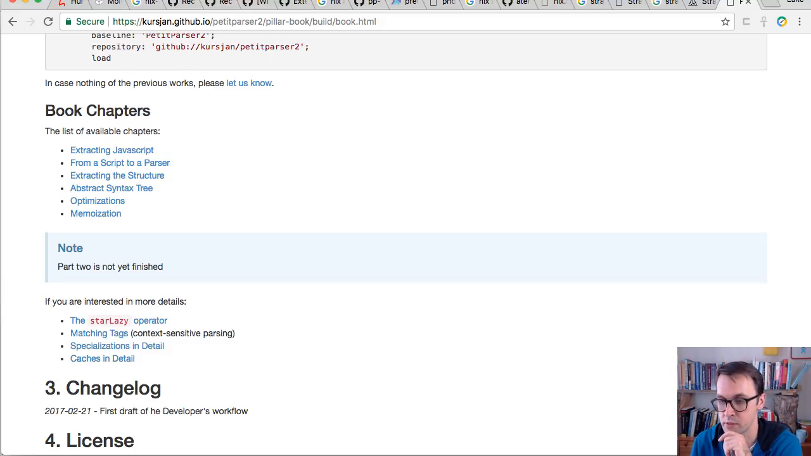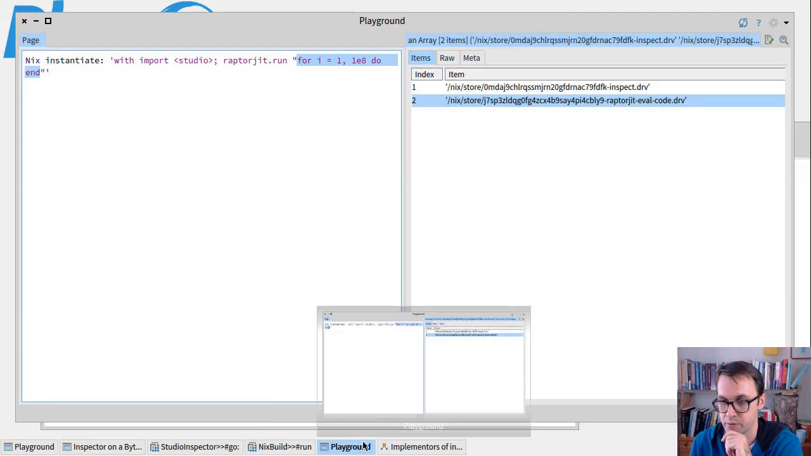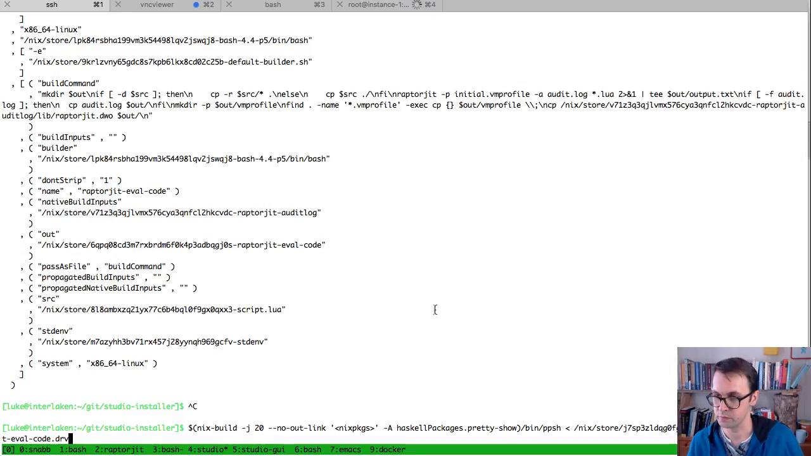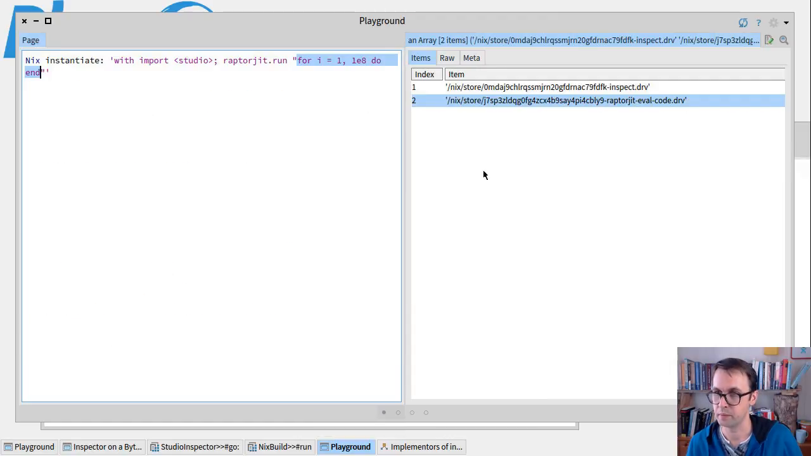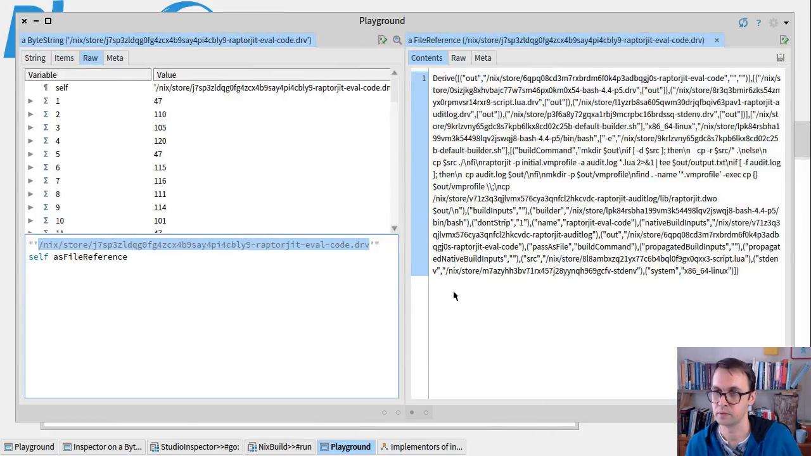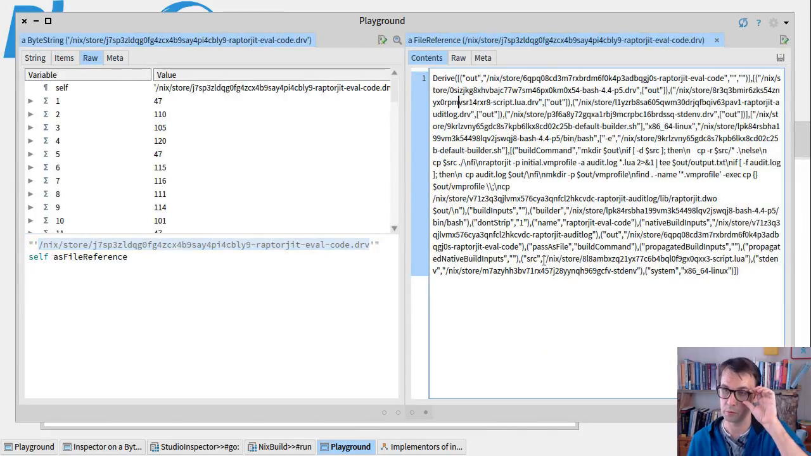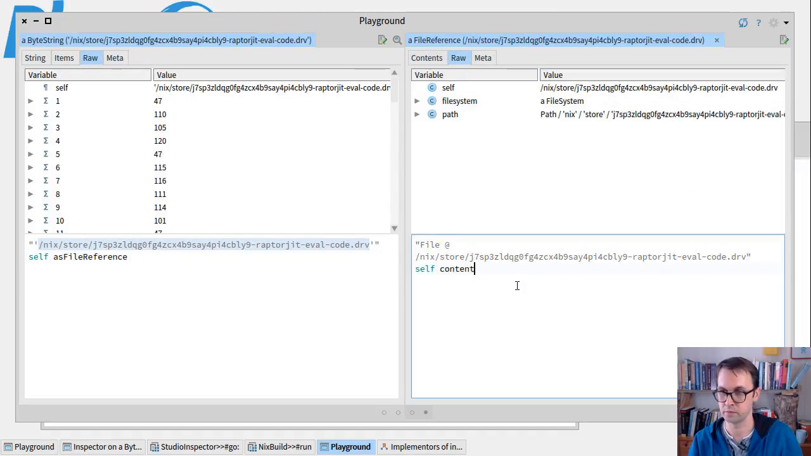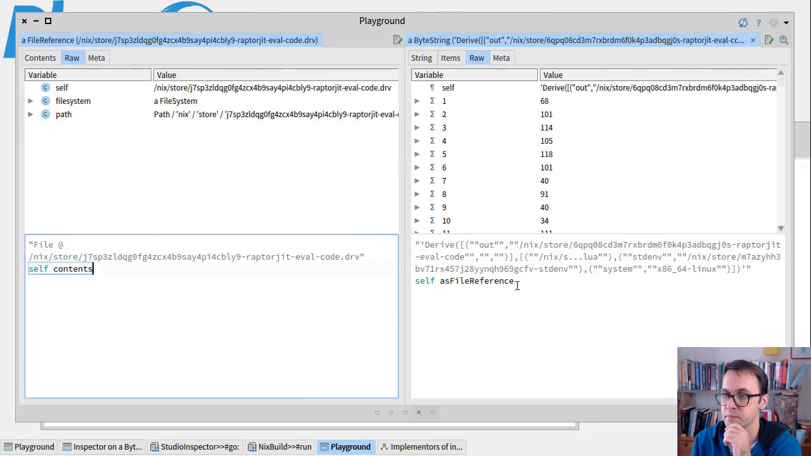So let's get our input, shall we? We'll take that one we're looking at here. We'll take the non-pretty printed version. Maybe we already had that, did we? If we say, yeah, so here, this is something that we want to parse right here. So that is a file reference. If we browse that as a string,